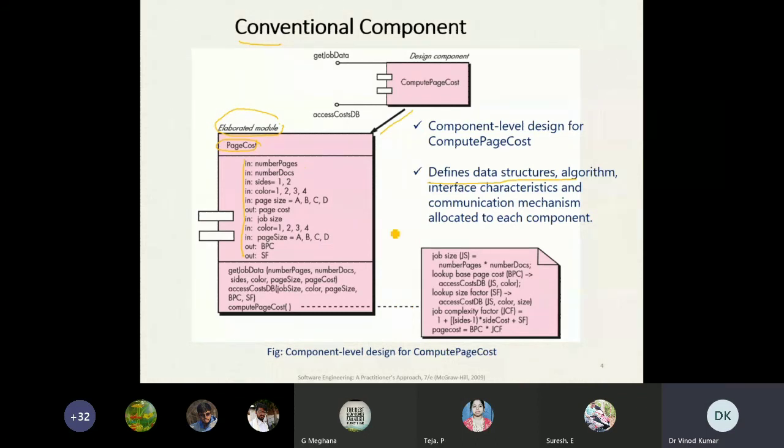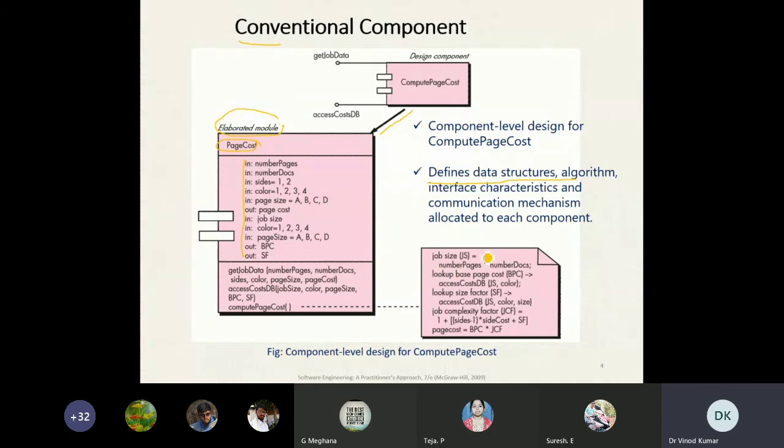So this is the conventional component. So we have two components here: one from the perspective of object oriented programming, and another from the conventional perspective.